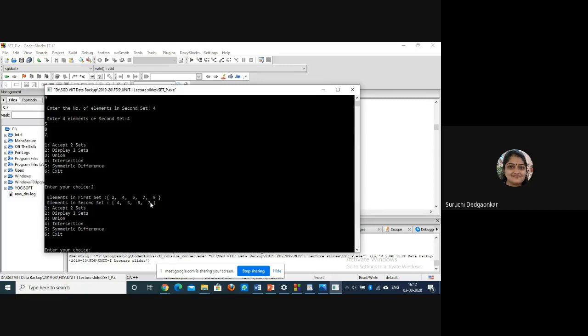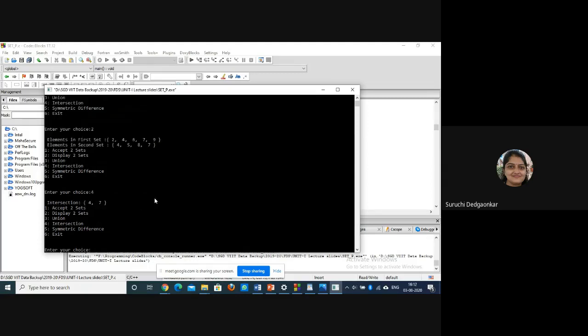So 4 and 7 will be written into set 3. Okay, all others will be skipped. Clear? So intersection, 4 and 7. So these are the roll numbers of the students who like both the subjects.